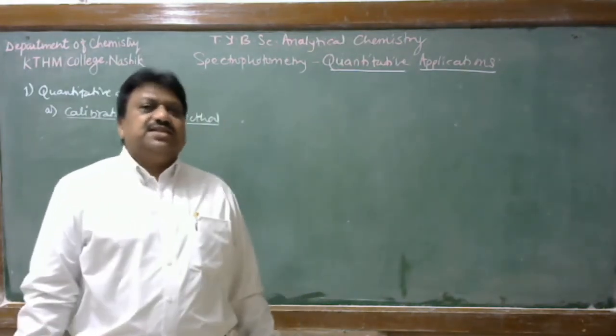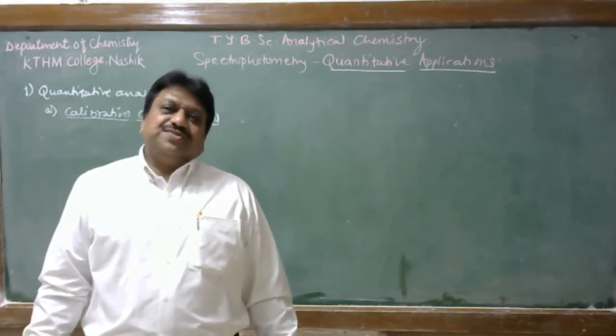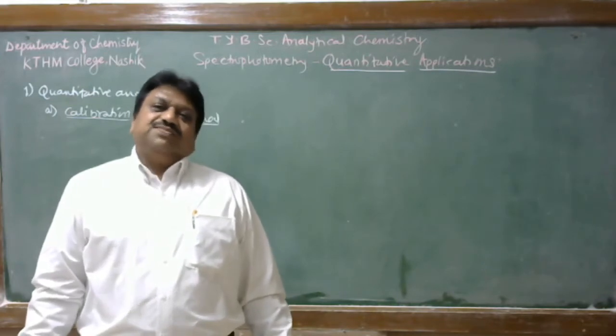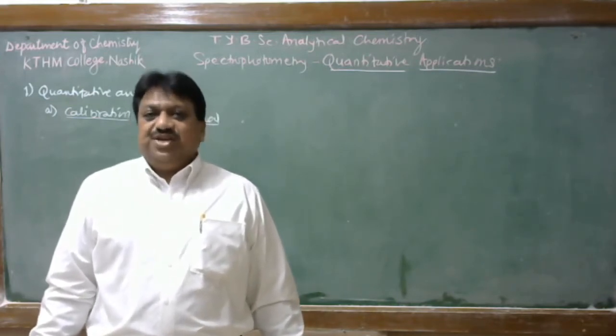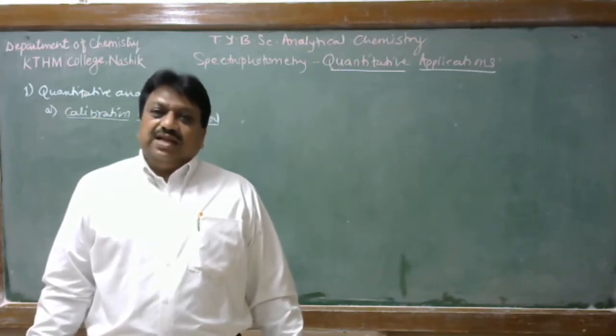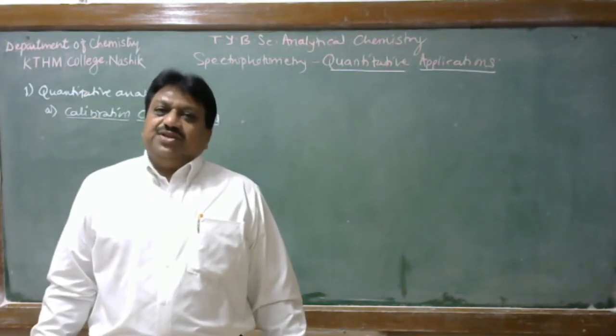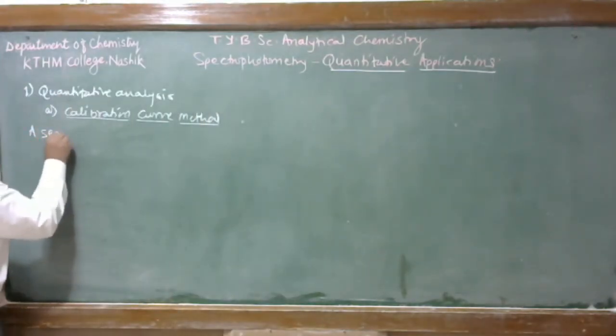In this case, a series of standard solutions are prepared and the absorbance of the standard solutions is measured as a function of concentration. Then the absorbance of the sample solution is measured for determination of the concentration of the analyte by using a calibration curve. Therefore, in this method, a series of